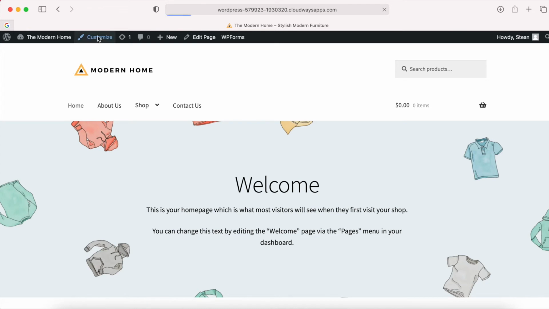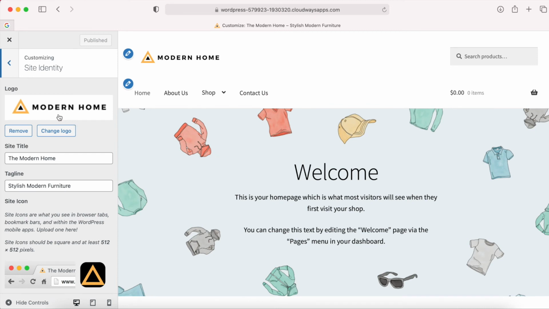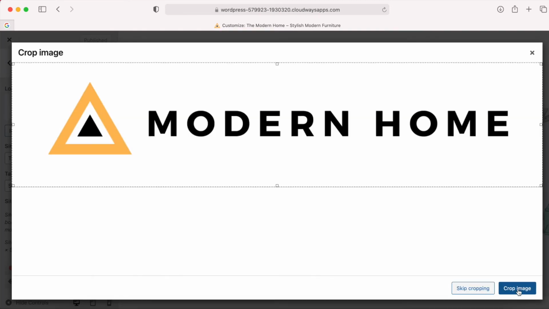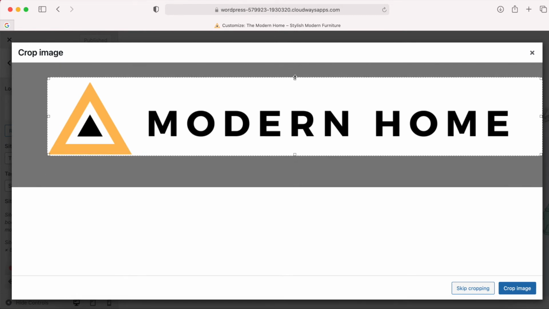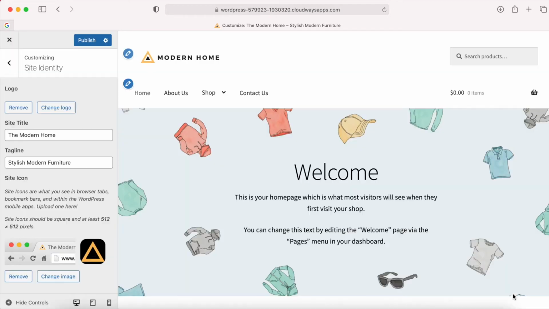Let's go back to customize. Site identity. Click on this logo. All right, so now we can crop again. So I think this is the reason why it's not lining up to the left, is that it's got this white space. I'm going to crop this. I'm also going to crop it so that the logo can look a bit bigger. I'll click crop,